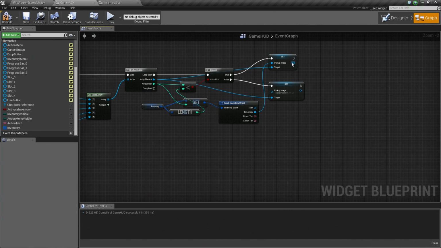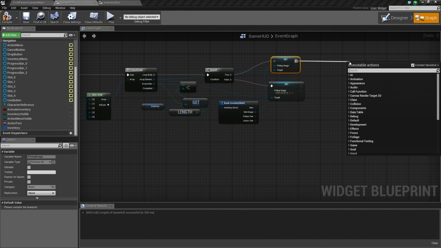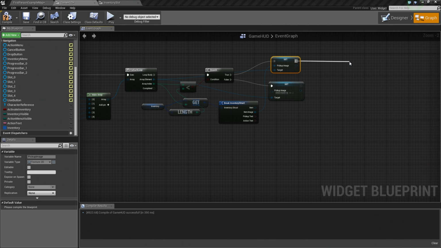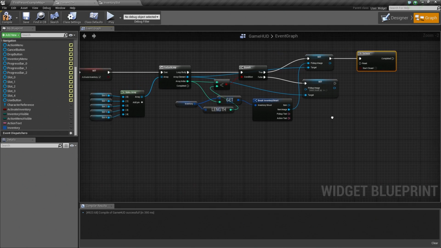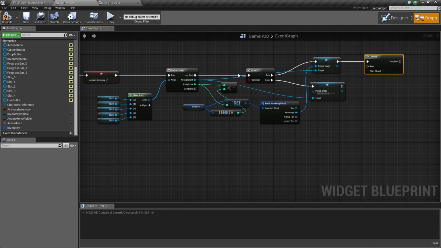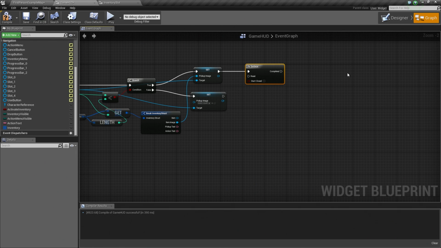So let's go ahead and drag off of the set here, the top set. We're going to drag off this and do what's called a do once node. So do once, and hit that. So we're only going to do this once. The first time that we come in here and we get our first button and we run this check, we're going to get to this point. It's going to say, okay, we can do this one time, whatever is following this.